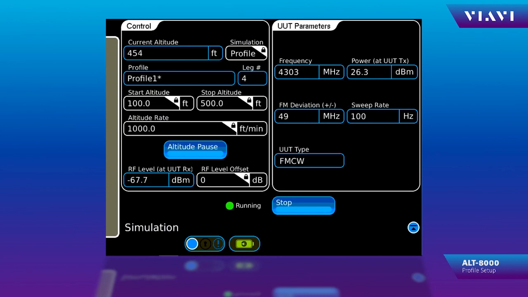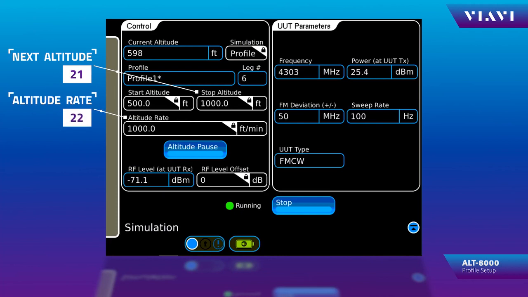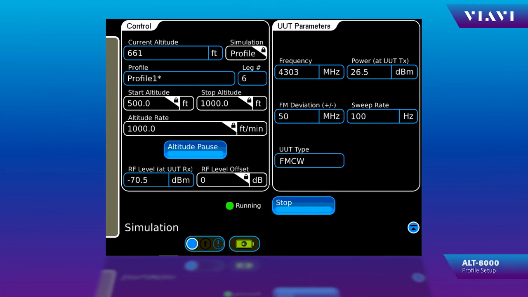Once we've reached 500 feet, we will stay there for the 10 seconds, and our altitude duration will count for the 10 seconds. So now the aircraft indication should be at 500 feet. Now we're going to climb from 500 feet to 1,000 feet at 1,000 feet per minute. And the altitude displayed in the cockpit should match the current altitude that's being displayed on the test set. At any point, if you want to pause it, press the altitude pause button. To resume it, press the altitude resume button.